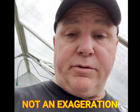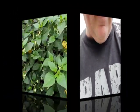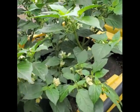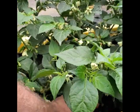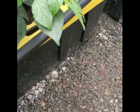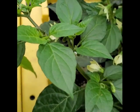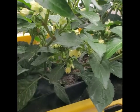I saved some time. I probably got over 200 flowers on that plant. It's about 1.5 feet tall. Let me see if I can get a side shot. I got little peppers all over this thing, and it's loading up, and that's why I'm increasing some of my growth. The only time I normally get flower drop like this is when I'm messing around with the plants, and then I'll get a couple here and there. That's it. I'm going to get a close-up view so you can see what I'm talking about. Look at this plant. You see, it's really not that tall,